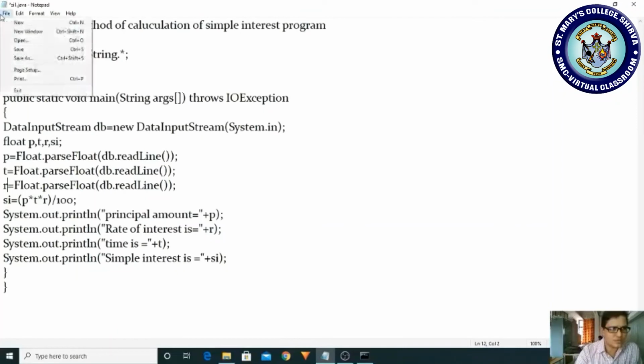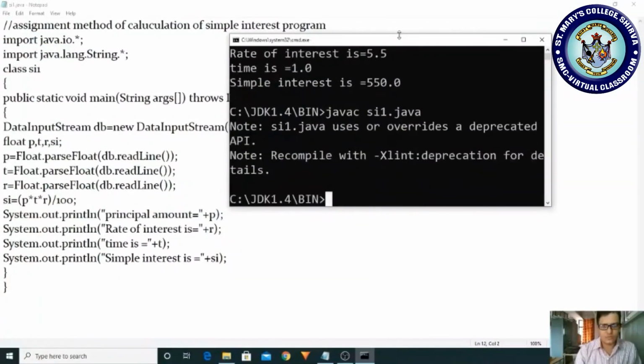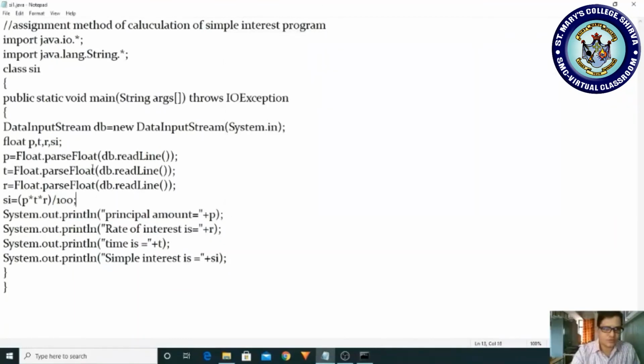Now let me check whether it worked or not. Okay, I have already opened my command prompt, compiling javac si1.java. Is there any error? Please observe, if you get a note it is not an error.